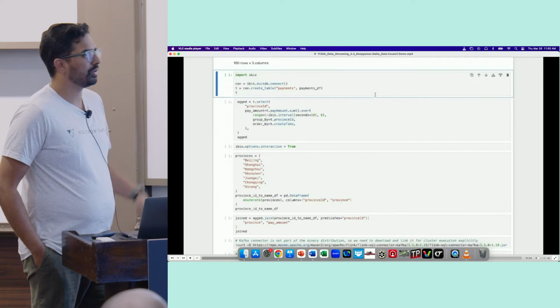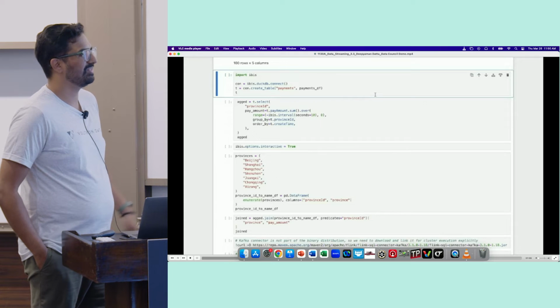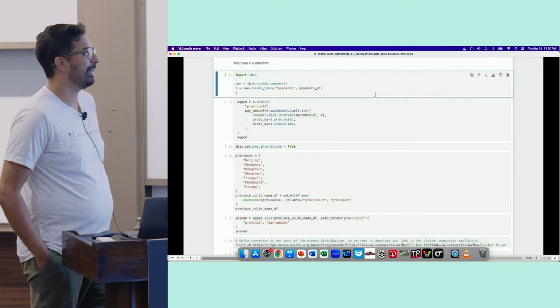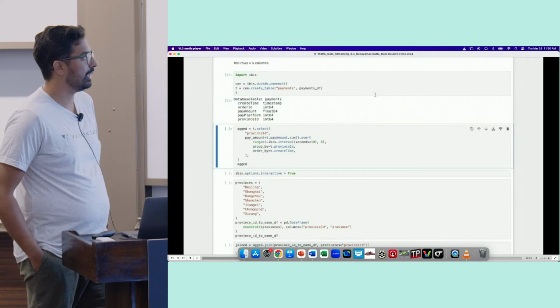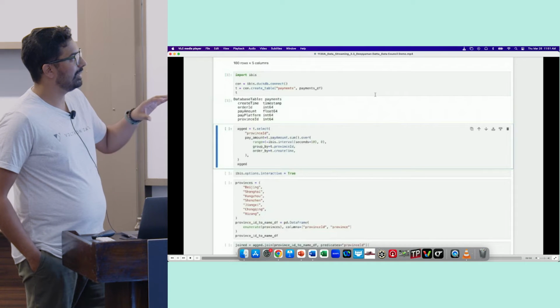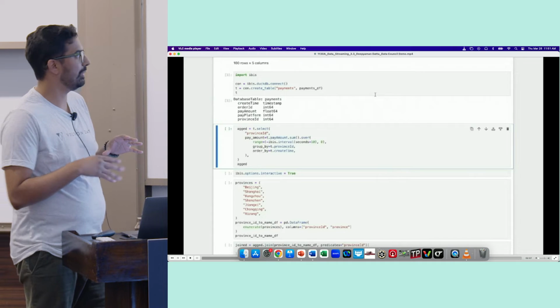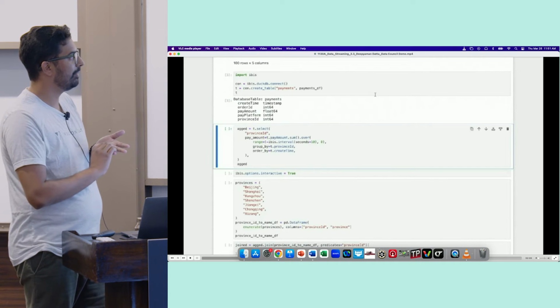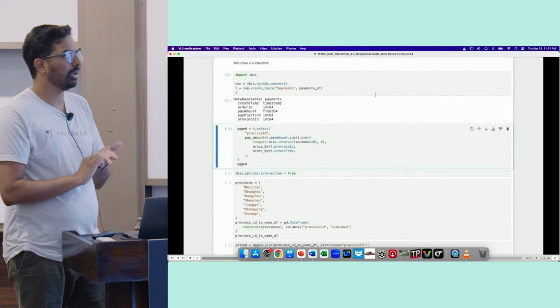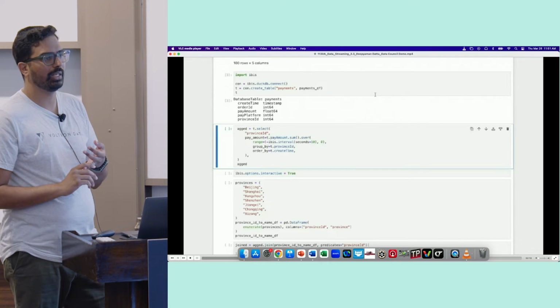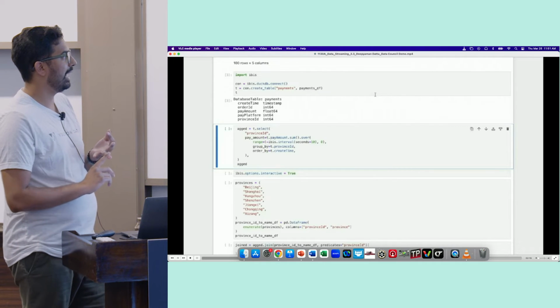In past iterations I might have used the pandas backend, but DuckDB is great here. We can see that our table is a representation of what that schema looks like, and we can start developing our logic. It's a pretty familiar looking data frame API.